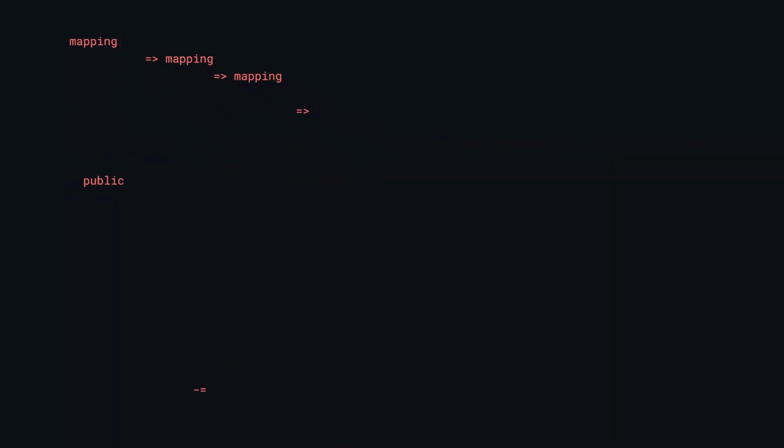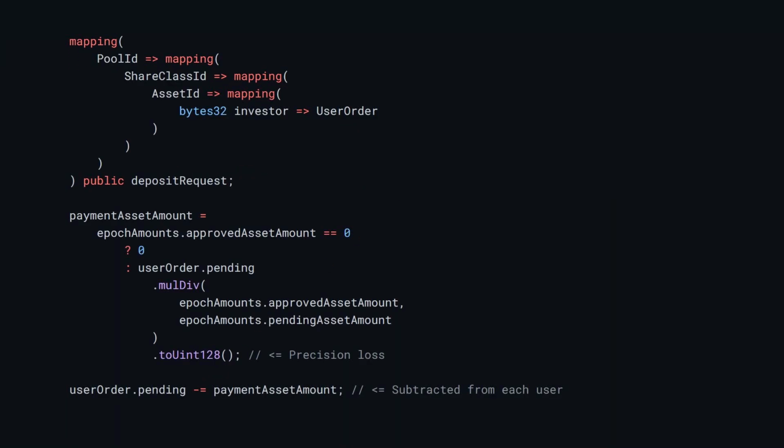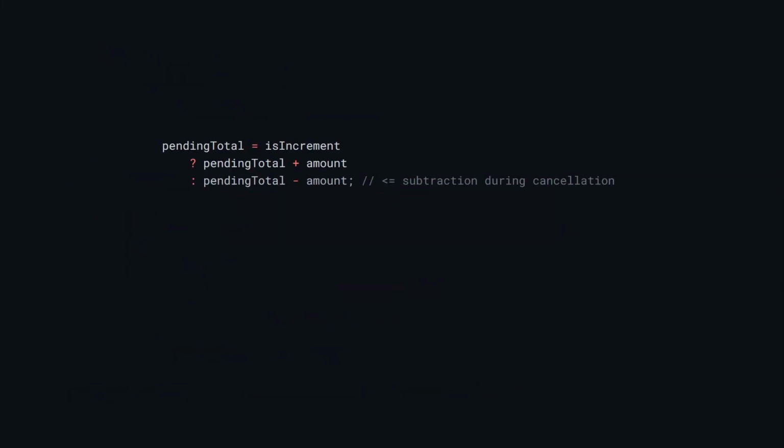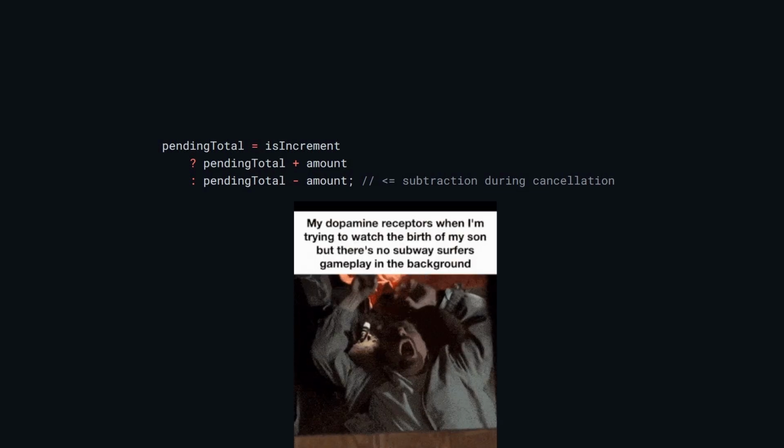However, for user deposit requests, the logic is different. The issue is that mulDiv function rounds down by default. If rounding occurs, the deducted amount will be smaller than approved assets amount. Later, when processing a deposit, the following logic is used. Because the user's pending value may have been reduced less than the global pending amount, amounts can become greater than